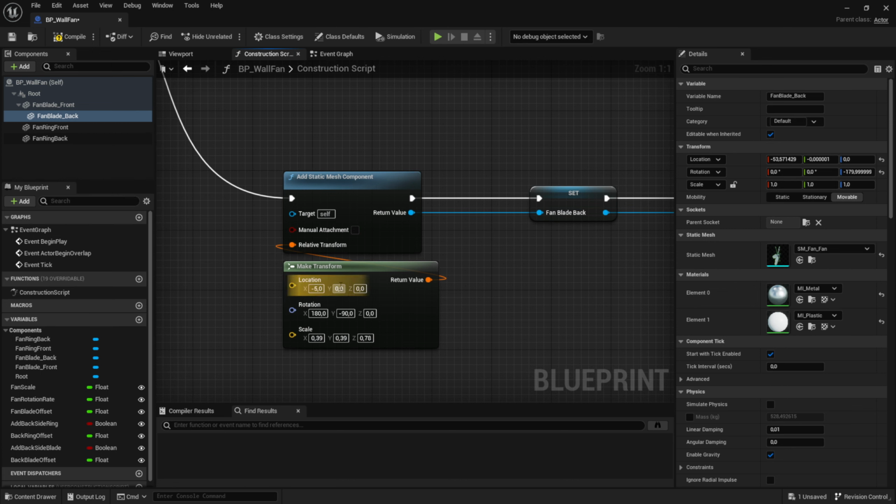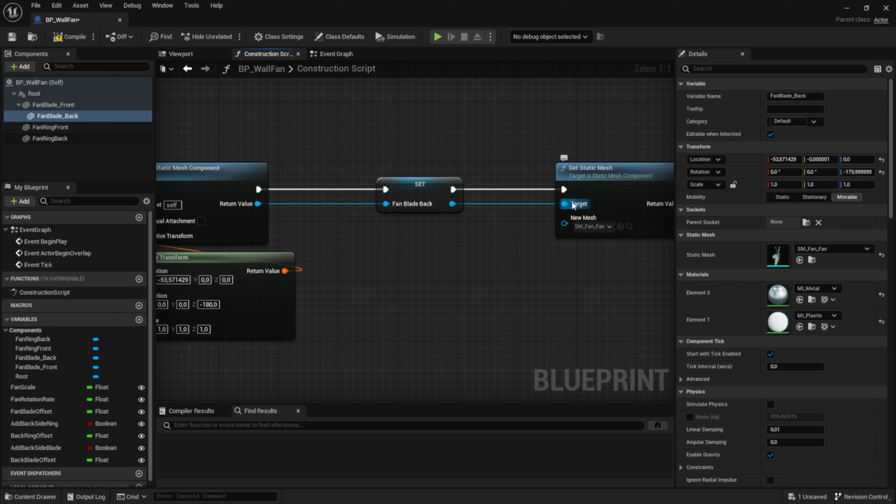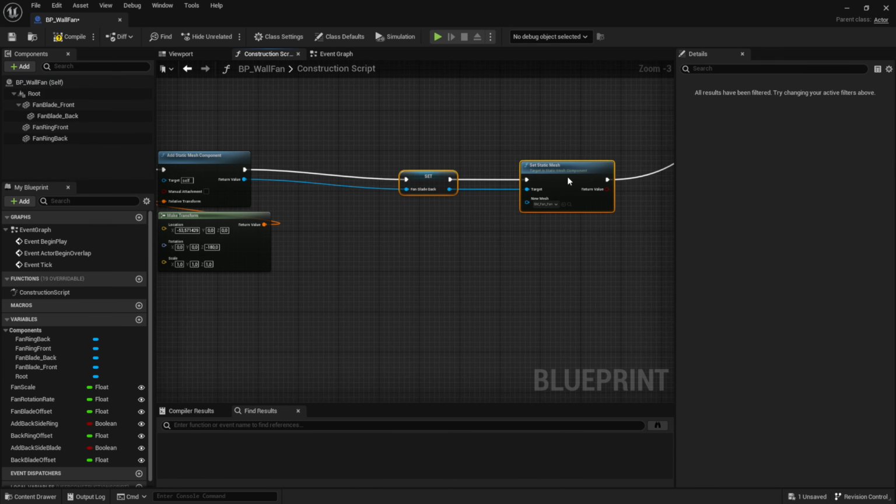Now for the transform we can copy it again. So let's grab these values and paste them over here. So that's -180. And then the scale, and that should be 1 because it's attached to the parent and that's already scaled. So this will spawn the blade, and now we need to make sure that we attach it to the front blade again. So over here we can make a little bit of room, for example,